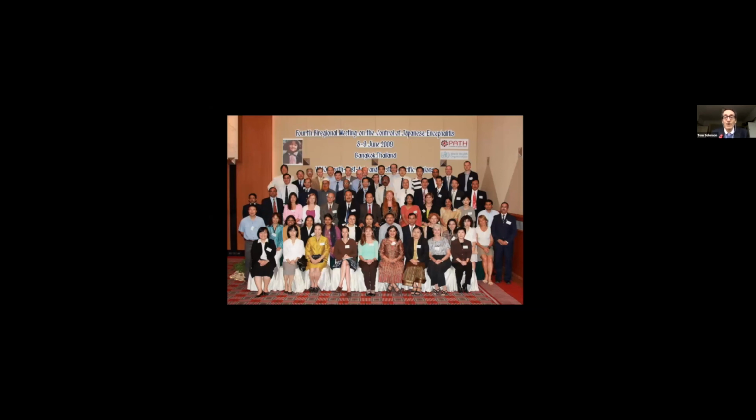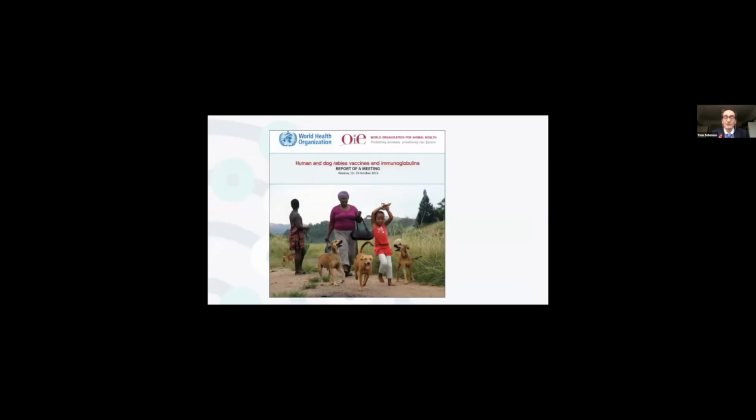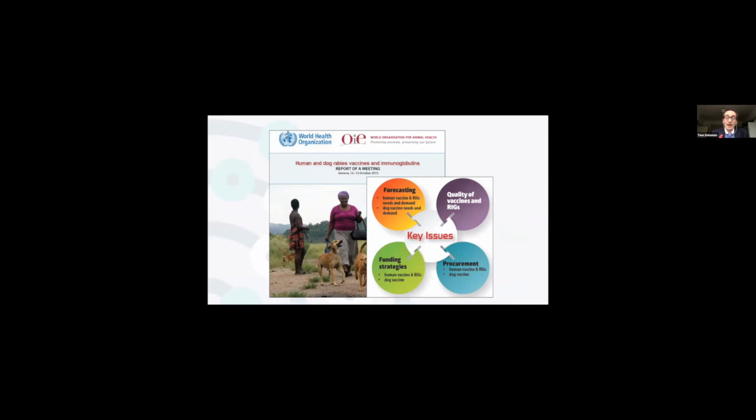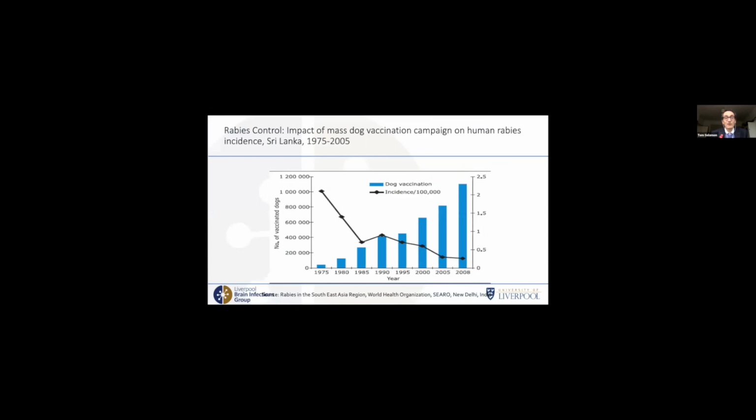So that was an example where understanding all the different aspects of the disease, and applying a One Health approach, meant that we worked out the most cost-effective way of controlling it, and it actually was human vaccination. I thought I'd better just show 2 slides of a different disease where the same approaches showed something completely different. So here's rabies. As a medic, I felt human vaccination is the most important thing to do. And clearly it is important, especially for somebody who's just been exposed to the virus. But the quite sophisticated work has shown, and we don't need to worry about the models, that the most cost-effective way of controlling rabies is to get the vets out there vaccinating dogs.